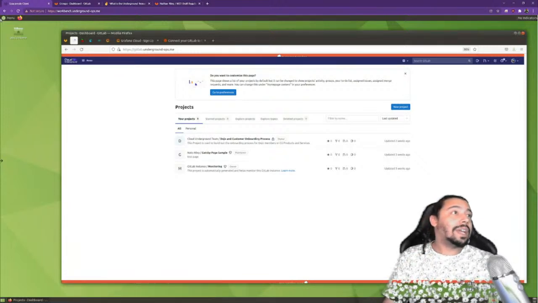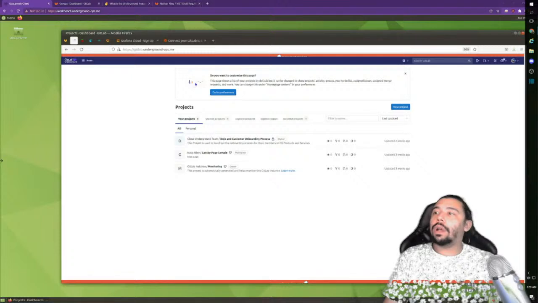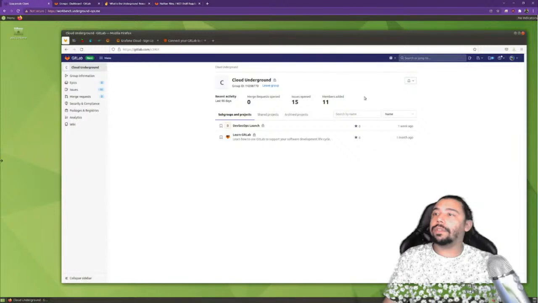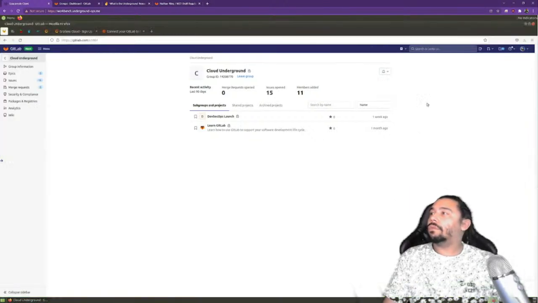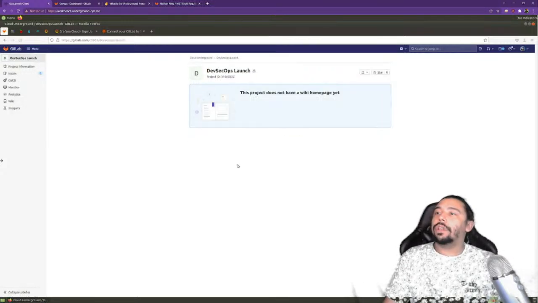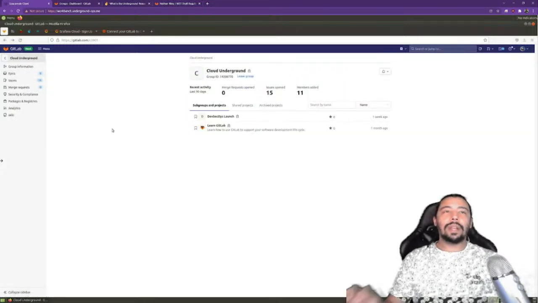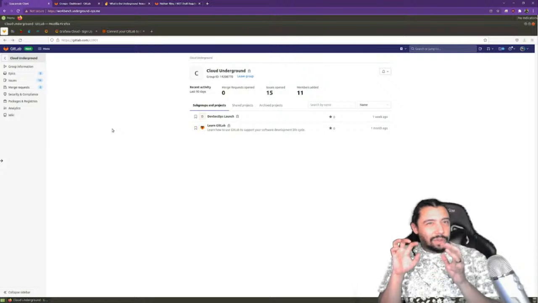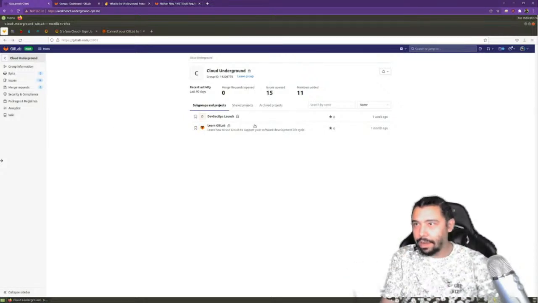So anyways, that kind of goes over everything that I'm doing. For those who already are in our GitLab environment, which looks like this, right now we don't have the resources up yet. What you'll see is the Cloud Underground and our DevSecOps launch. There's not a whole lot going on here just yet because I'm packaging this. So right now you're looking at the code that's going in here.